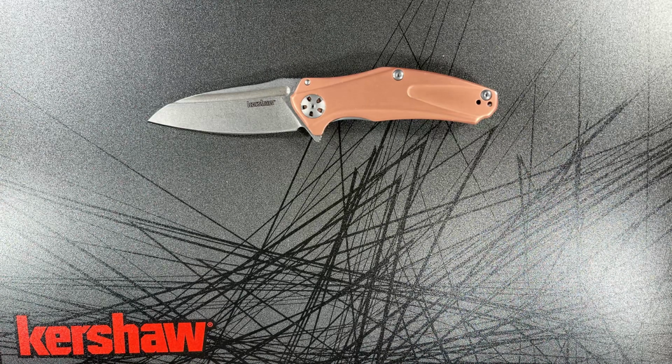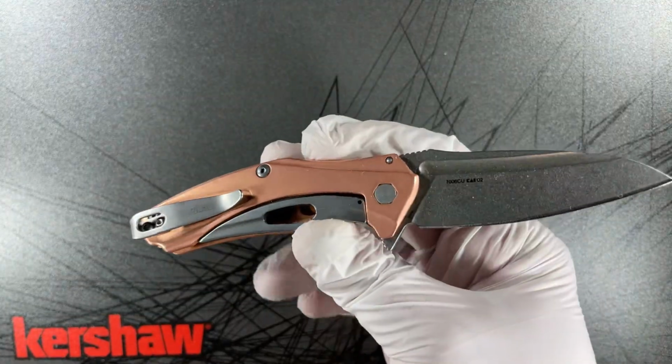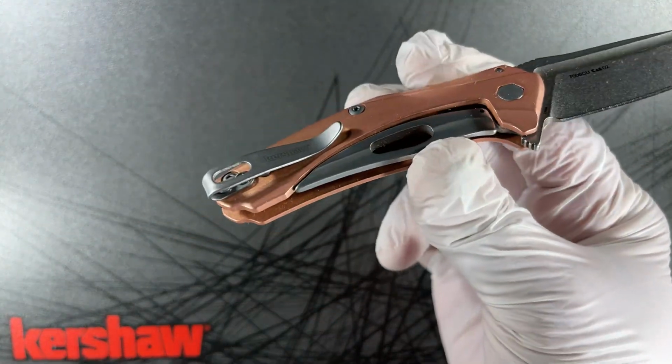The overall length of this knife is 6.50. The blade length is 2.75 inches. The knife is made of D2 steel. We've got a drop point blade with a nice flat grind, and the blade has a beautiful stone wash finish. It's a plain edge with a handle length of 3.75 inches. The knife has copper scales on both sides of it with a subframe lock